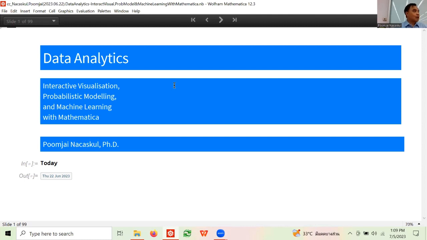Right. So what I would like you to do is, all of you, you've got your laptop in front of you, yeah? You have your Mathematica and everything. Okay. So why don't you go ahead and start a new document. Start a new document. Okay.